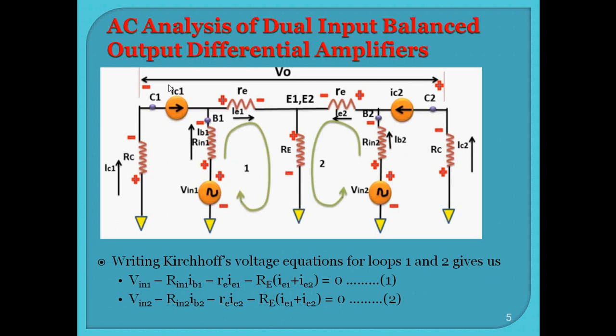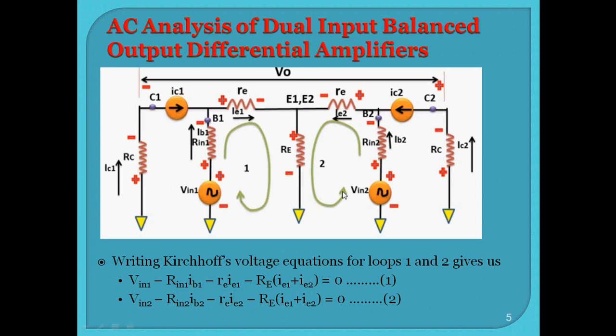Now for this circuit, we can see that there is one loop created here because of the Vin1 voltage. So the current flowing into this loop is like this. From this input terminal, current is flowing through the transistor towards the emitter. So this is called loop 1. And because of Vin2, another current is flowing through the base and emitter to the emitter resistor, and this will create another loop.